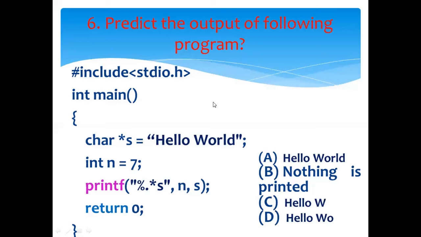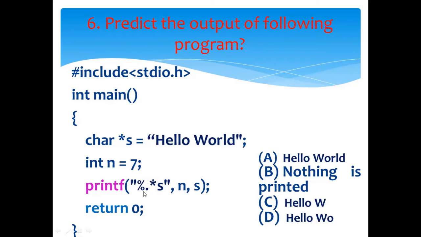Yeah, so we are at the 6th program. Predict the output of the following program. Here you can find I have declared 2 variables: one is n and the other is a pointer. A pointer points to an address. When you specify a star followed by a variable, it directly accesses the memory space, and to that memory space the value can be assigned directly. This is the concept of a pointer here.